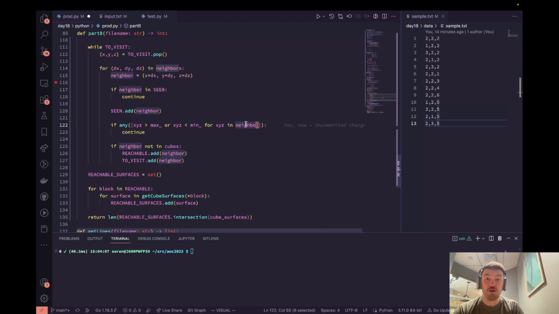neighbor is the coordinates of the given neighbor. So this will go through first the x coordinate, then the y coordinate, and the z coordinate finally, and it's going to compare all of them to see if it's outside the bounds, and if it is, then we continue, we don't care. If not, that means that